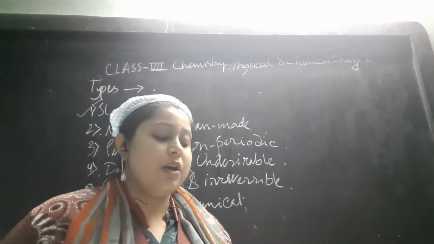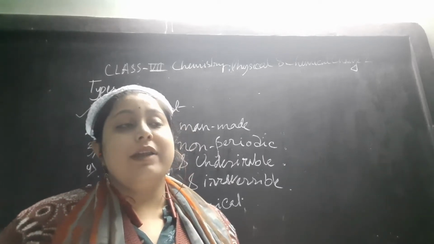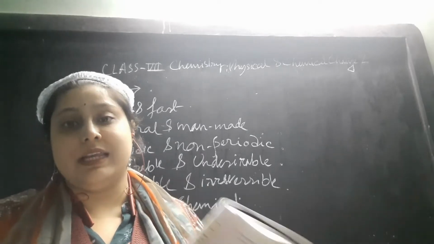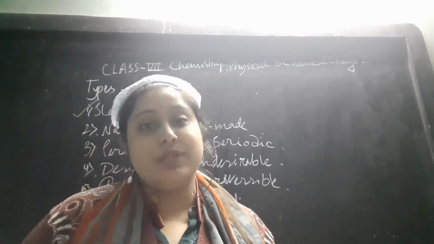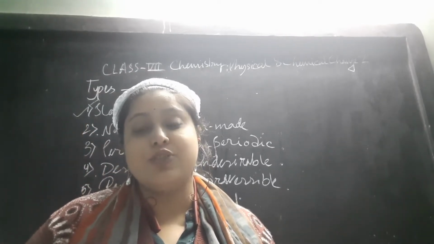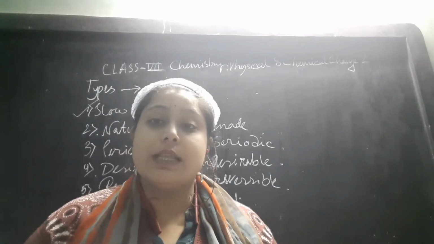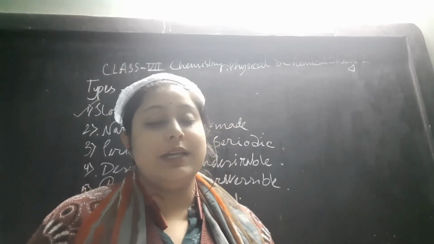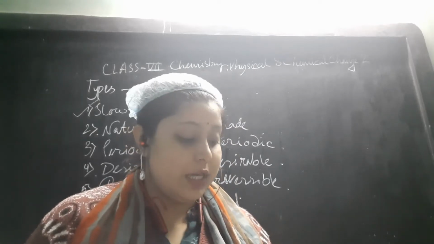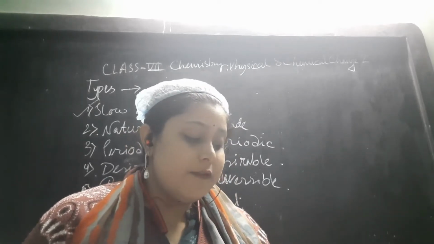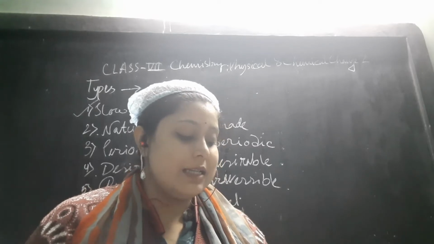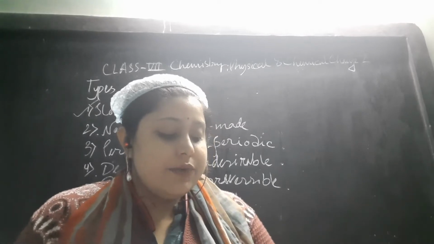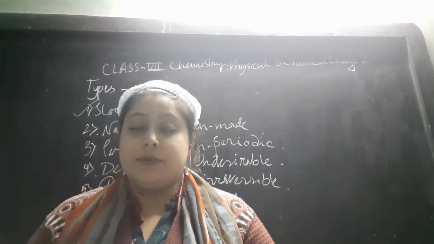The germination of seeds takes days. When we try to germinate any seed like Bengal gram, it usually takes 2 to 3 days, sometimes 4 to 5 days to germinate. So obviously it is a long time taken change, or slow change. Formation of fossil fuels from dead plants and animals is a very slow change. They take hundreds and thousands of years to be formed.